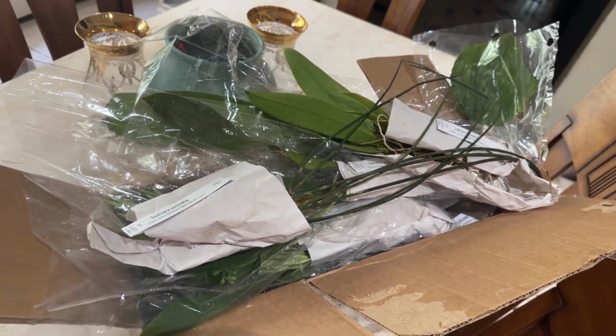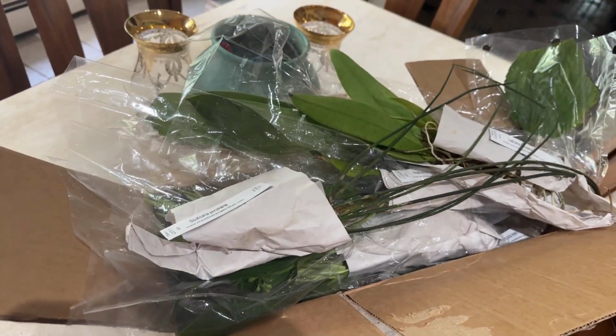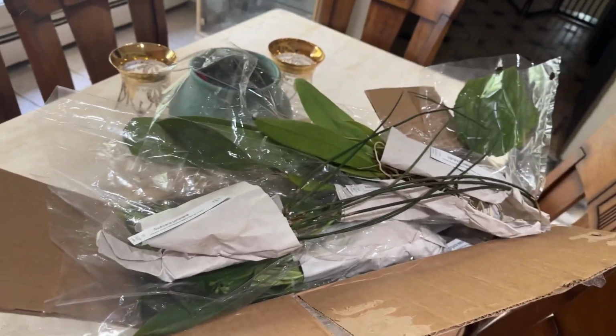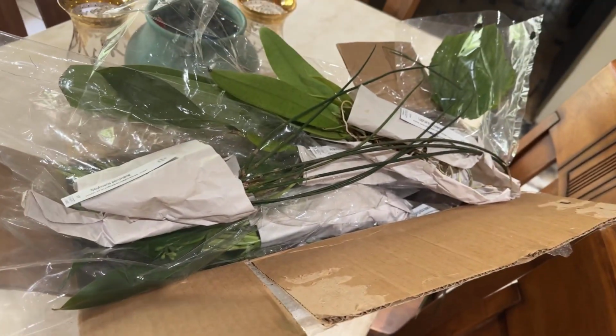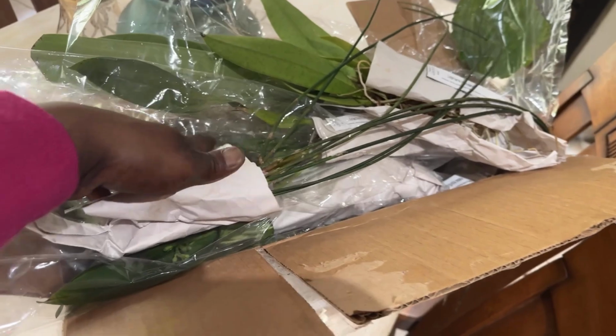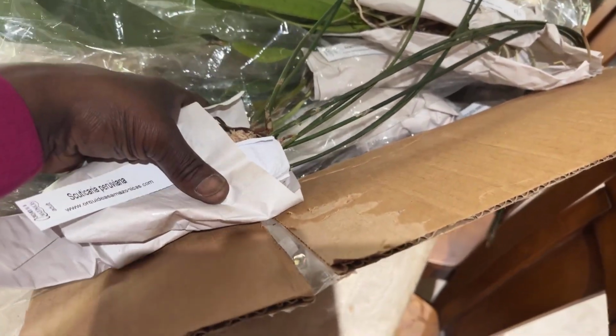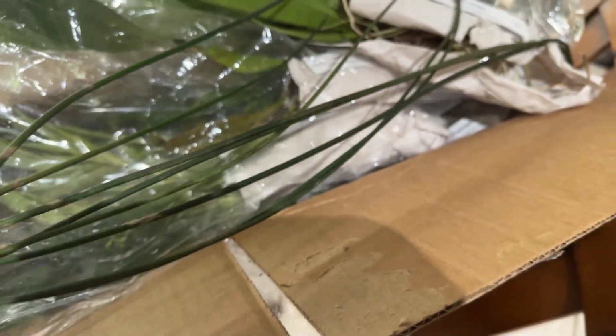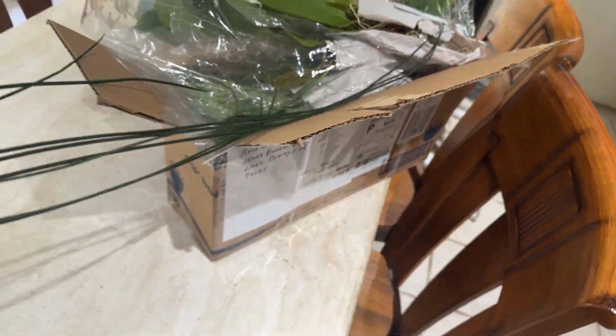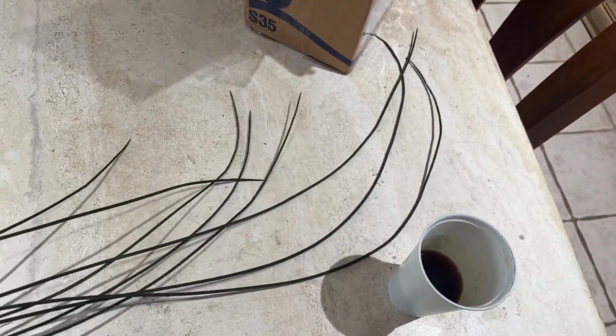You just get a list. You don't really know what it is. It might say blooming, flowering, whatever, the price, and then you tell them you want this. They send you an invoice, you pay for it, and then you wait. This was the fastest order that I have ever gotten, honestly. And it just so happens the first plant that I pulled out, Scuticaria peruviana, when I pulled this out of the box, I literally almost fainted